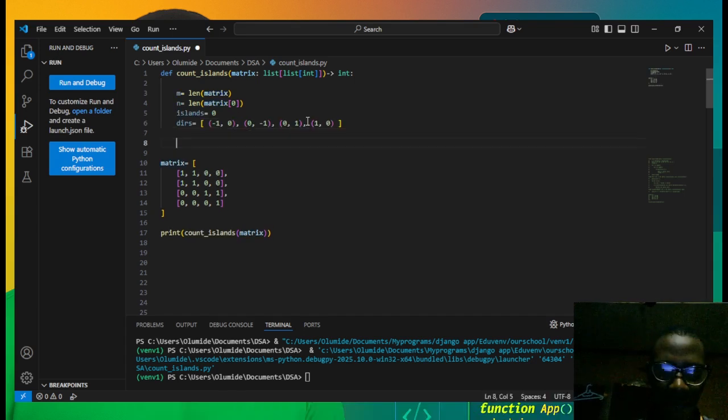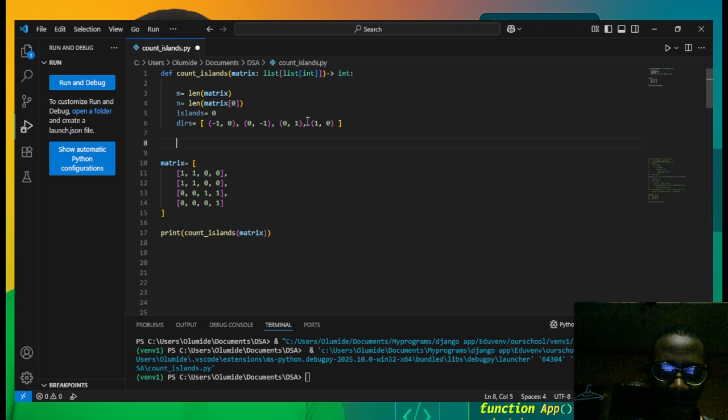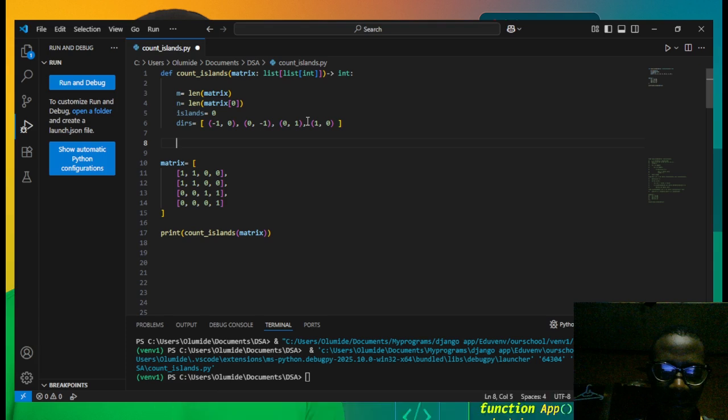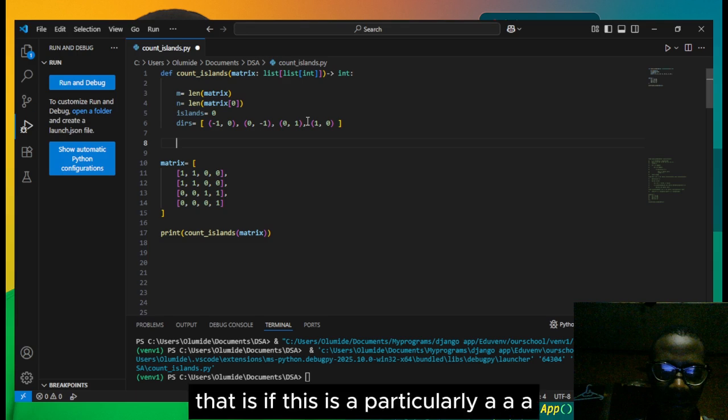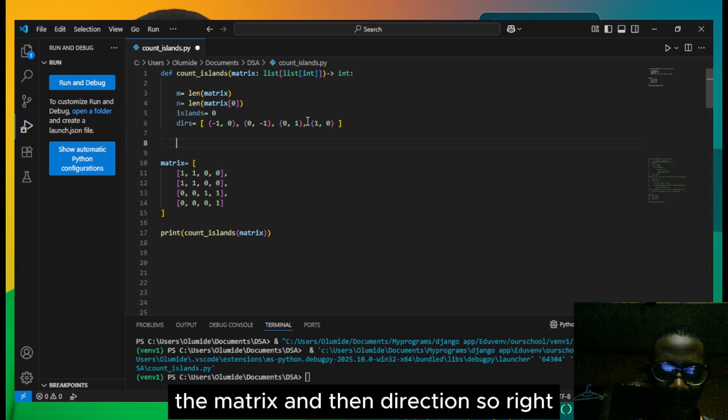Now let's iterate through the cells: for R in range of M, iterating through each row, and then for C in range of N, iterating through each column. Then we want to check if matrix of R of C is equal to 1, that is, if this is a land cell, then we want to call our DFS function, passing in the row, the column, the matrix, and